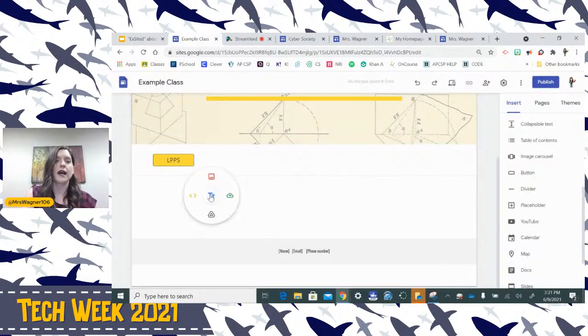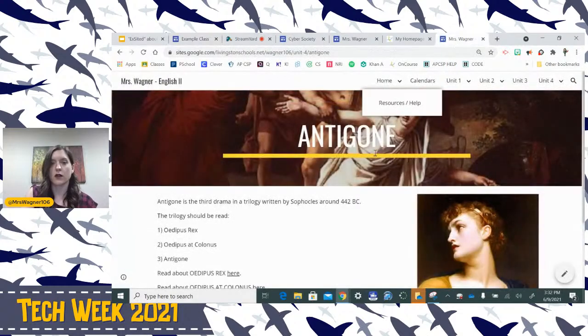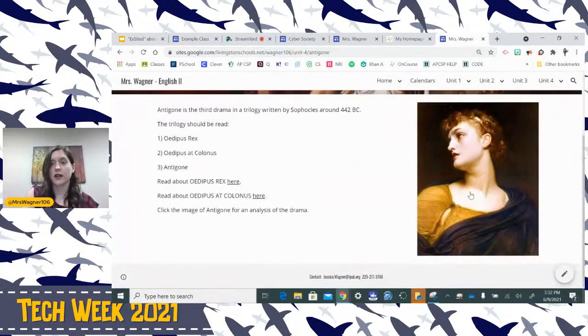I want them to go here. I mean, it's okay looking, but it's not really exciting. You can actually make personalized buttons by creating your own images and simply linking them. So for example, on Antigone over here is a button.